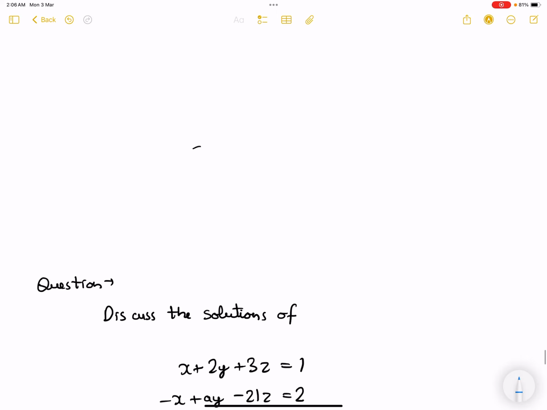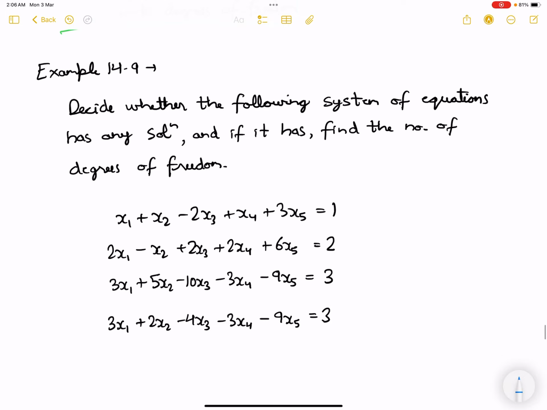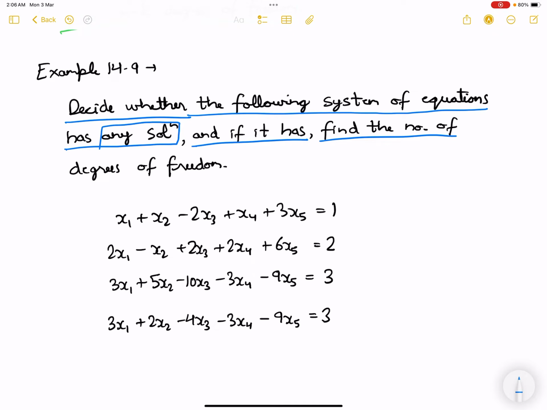Okay, we'll do 3 questions. Let me do the first one and I'll ask you to do the other by yourself. Decide whether the following system of equations has any solution, and if it has, find the number of degrees of